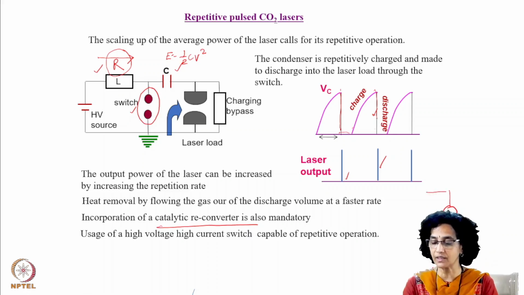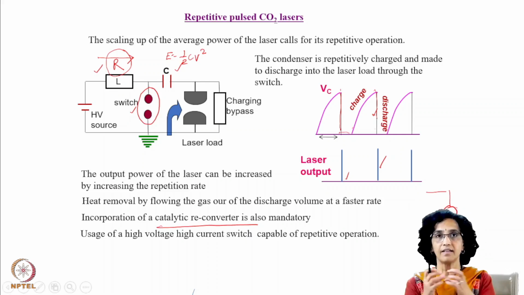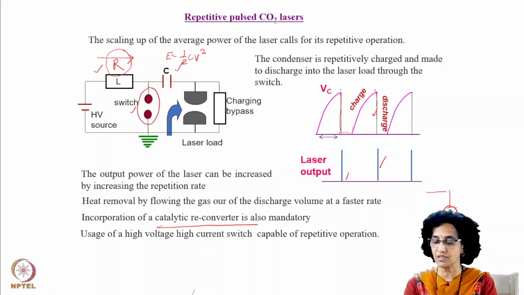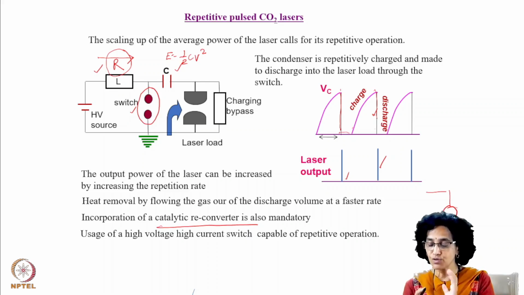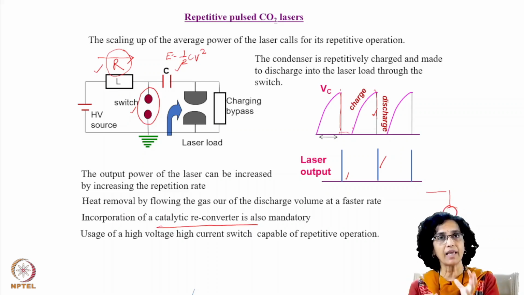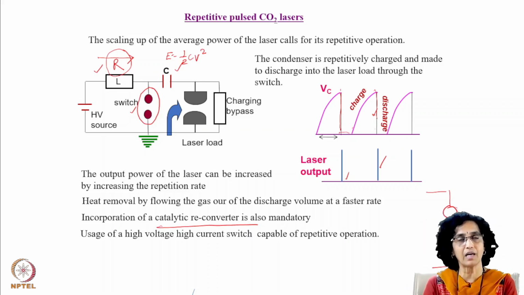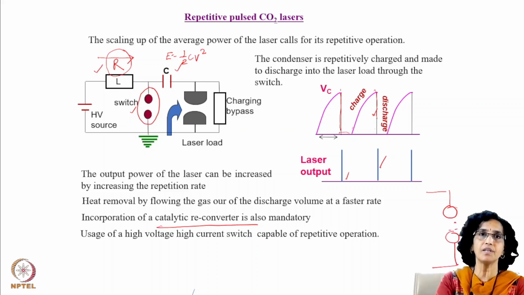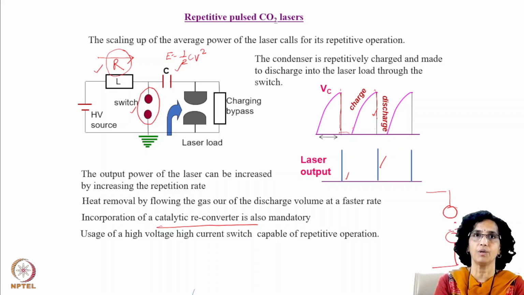Because it has to also hold that voltage that we are giving. So this should be capable of holding that voltage. For that, the ions and electrons which are created in between have to be removed. And that is difficult for a spark gap because that number density is very large. So normally for repetitive operation, a thyratron, which works in vacuum, is made use of. And also modified spark gaps are tried. But the thyratron is the go-to switch when one operates CO2 lasers in repetitive mode.